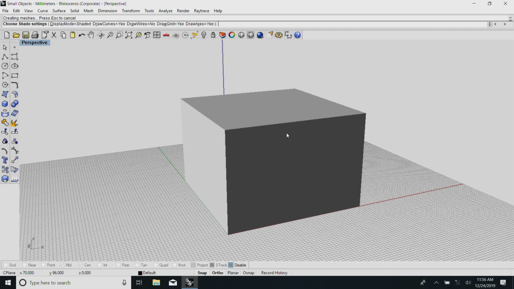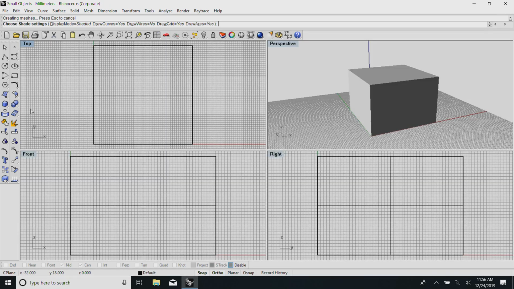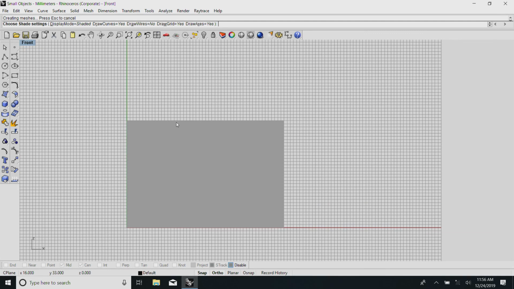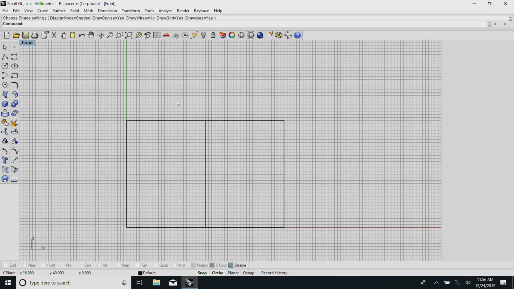Now, looking at this point and trying to make another solid will be slightly tricky. So, in that case I will try to create a solid by entering all the dimensions manually.